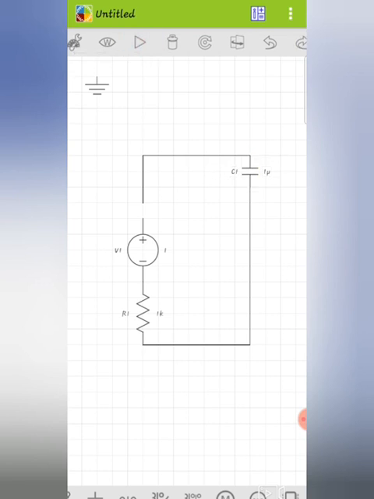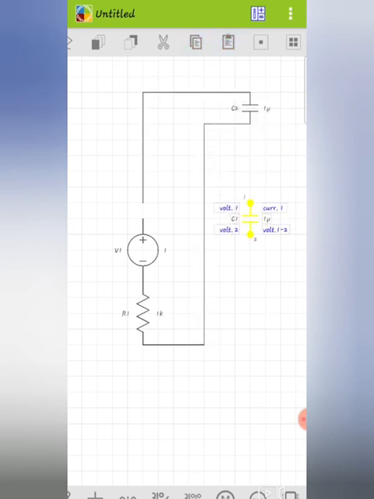After the circuit completion, we can run using this, and if we want to delete anything, use this icon, and we can undo, redo and copy. This is for copy. I want this capacitor, I copy this and paste it somewhere, and the pasted capacitor is here.